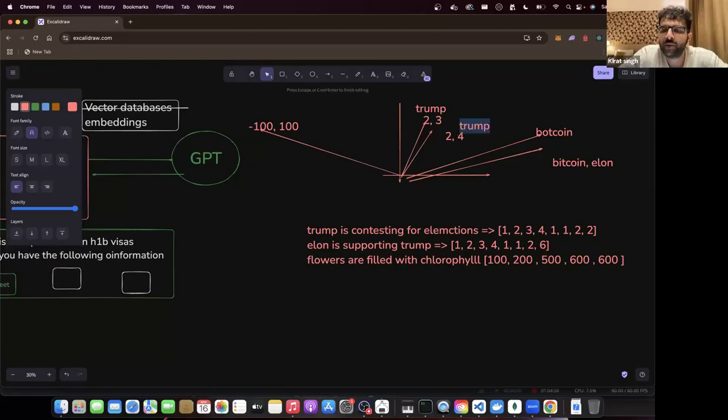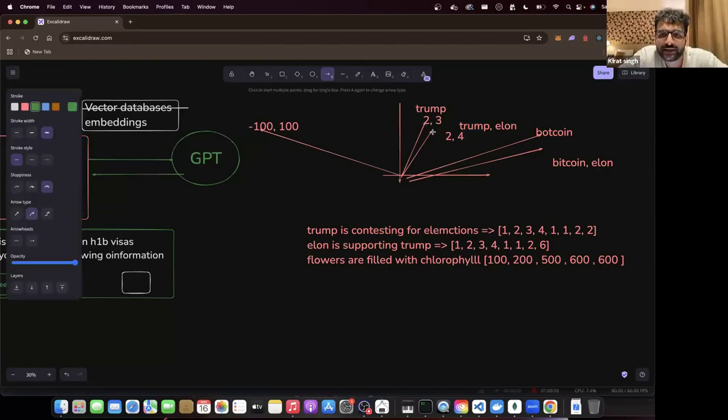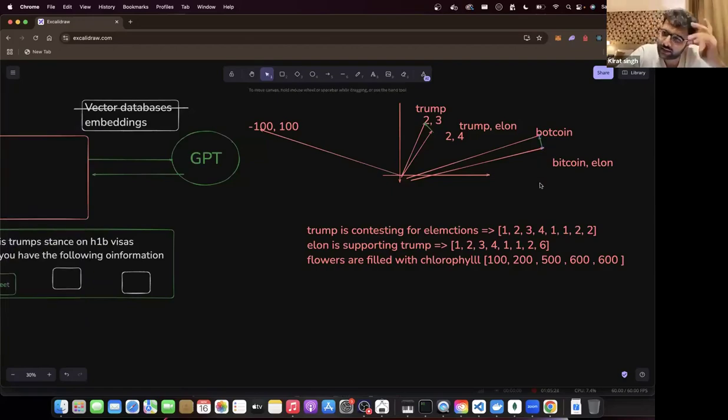You are talking about Trump, Elon over here, and its vector came out like this. The difference between these, if you subtract this by this, the small vector will be very close to this small vector. Because what is the difference between Trump, Elon and Trump? It is Elon. What is the difference between Bitcoin, Elon and Bitcoin? It is Elon. This small vector in this direction represents Elon Musk. Did you understand a bit? 3Blue1Brown video, very nice.